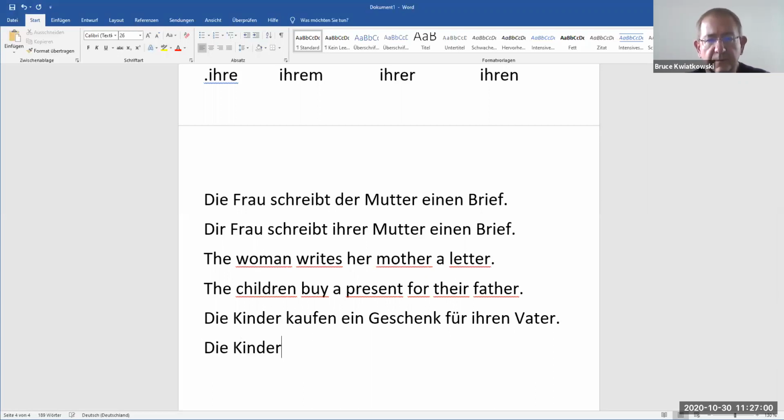Die Kinder kaufen ihrem Vater ein Geschenk. Okay? There it is with the dative. The children